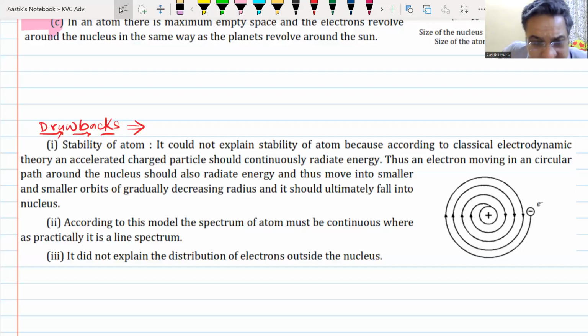Then we come to the drawbacks of this model. Remember, this chapter is more about remembering how many ways and how many things and how many formulae you can remember, because there is no technicality here, there is no understanding of it. You just have to remember these things: theories, drawbacks, formulae, and how you can write them. If you can remember that, this chapter becomes very easy, and you can expect 2 or even 3 questions from this chapter in the entire exam,